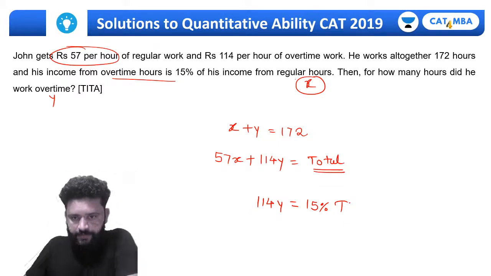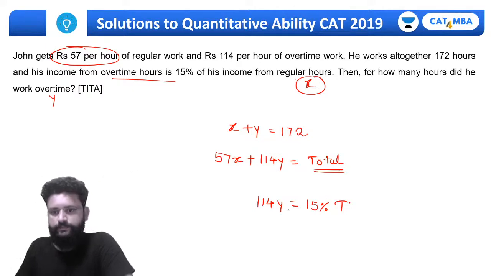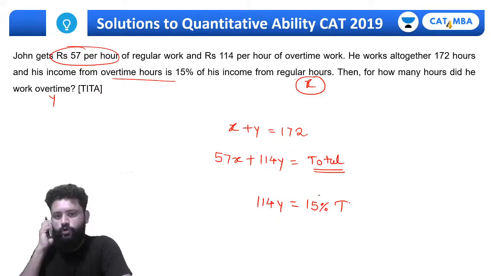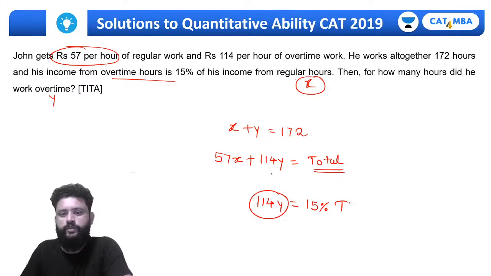How to solve this? 15% of total is 114. So this is 15% and this must be 85%. So